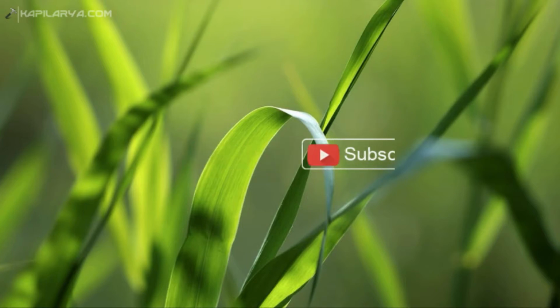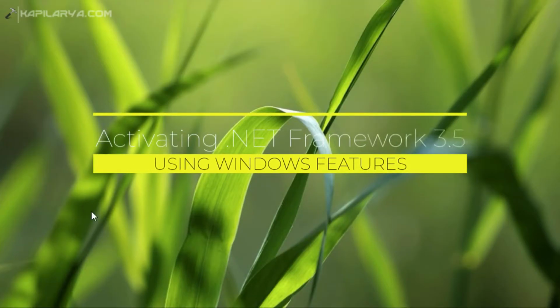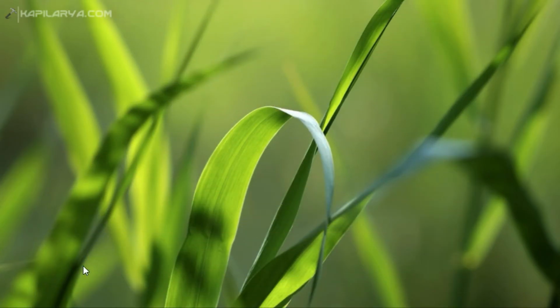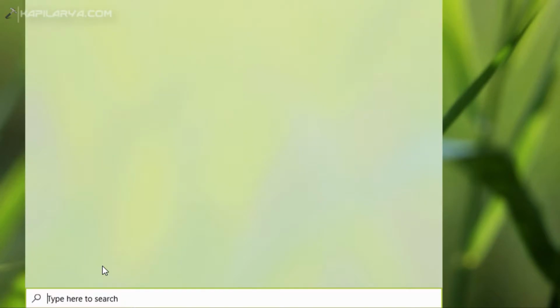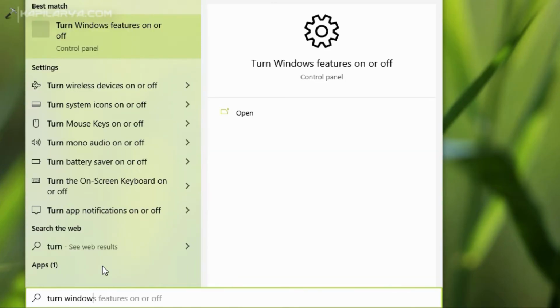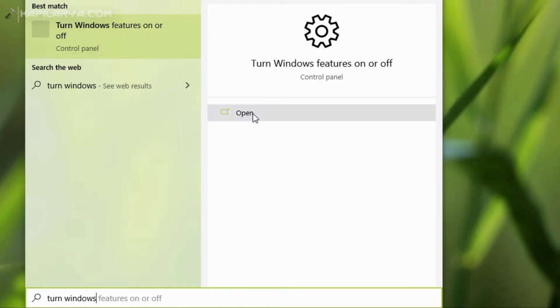Alright, so let's start this tutorial. First, we will try to activate .NET Framework manually using turn Windows features on or off. For that, we will search for turn Windows features on or off and select it.